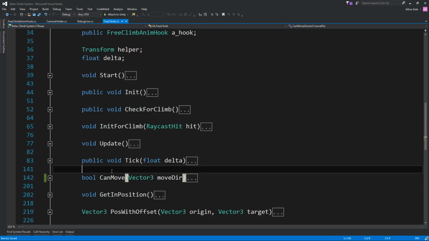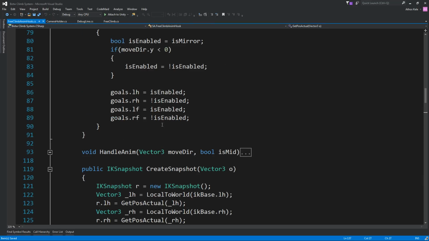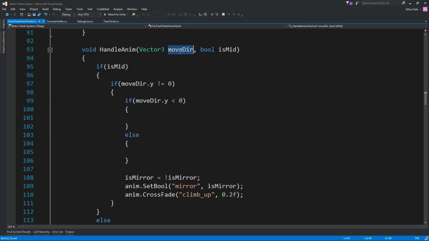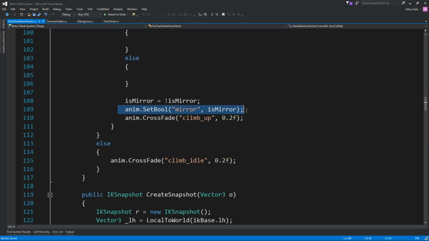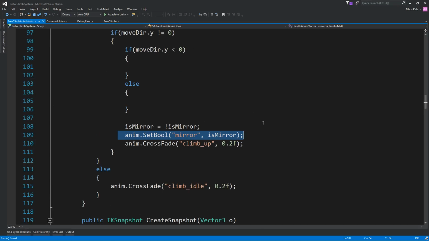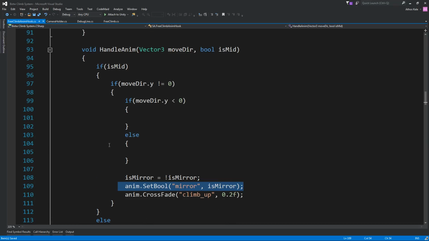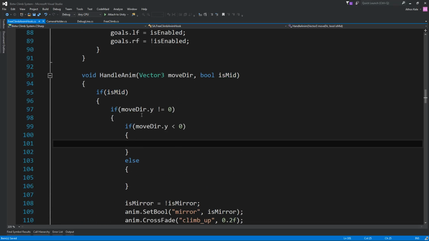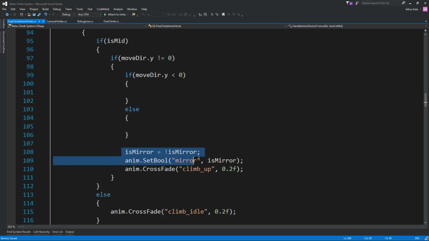And that is inside free climb animator hook. On the handle animations we have our move direction, so it's over here where we should be turning is mirror false or true. So let's think. With this we know we're going up and down. With this we know we're going down.